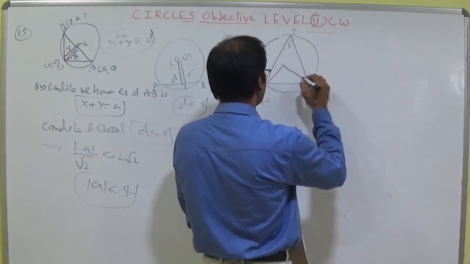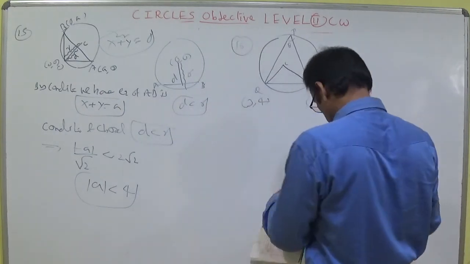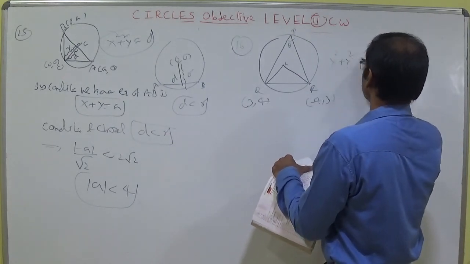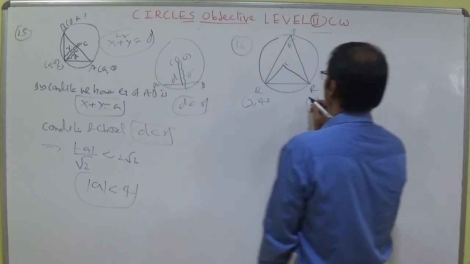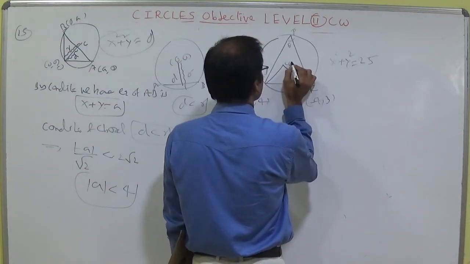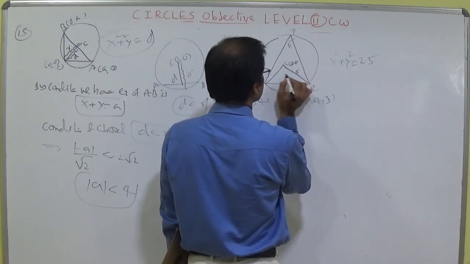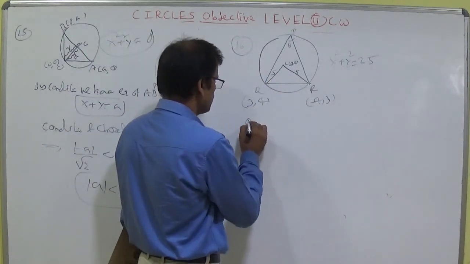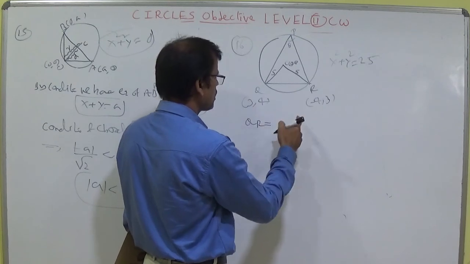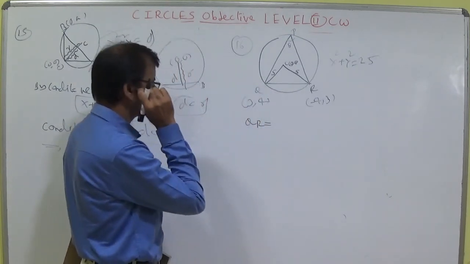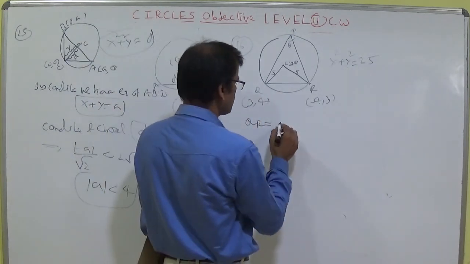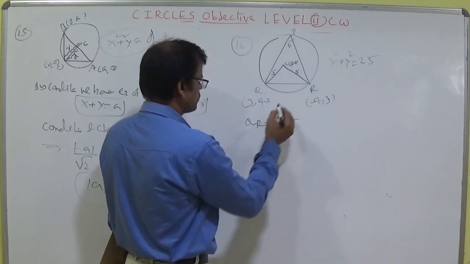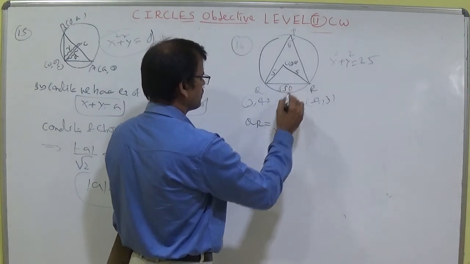Put here a center C. The given circle is x square plus y square is equal to 25. Students, put here the center as 0, 0, and the distance from the center to any point on the circle is called the radius. Put 5, 5. Now you can say QR is equal to the root of 3 plus 4 whole square plus 4 minus 3 whole square. It becomes root 50. Put here this is root 50.